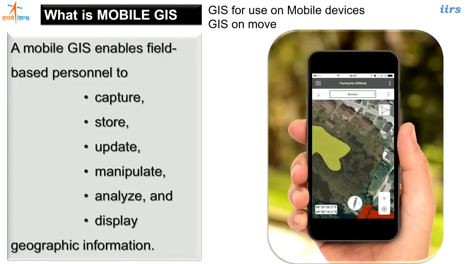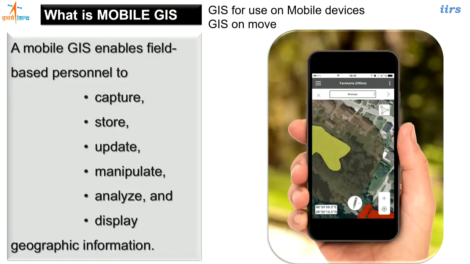Directly I am in the field and I want to perform some sort of GIS analysis there. So mobile GIS enables us to do GIS operations on the go or in the field itself, as it is quite clear from the definition as well.